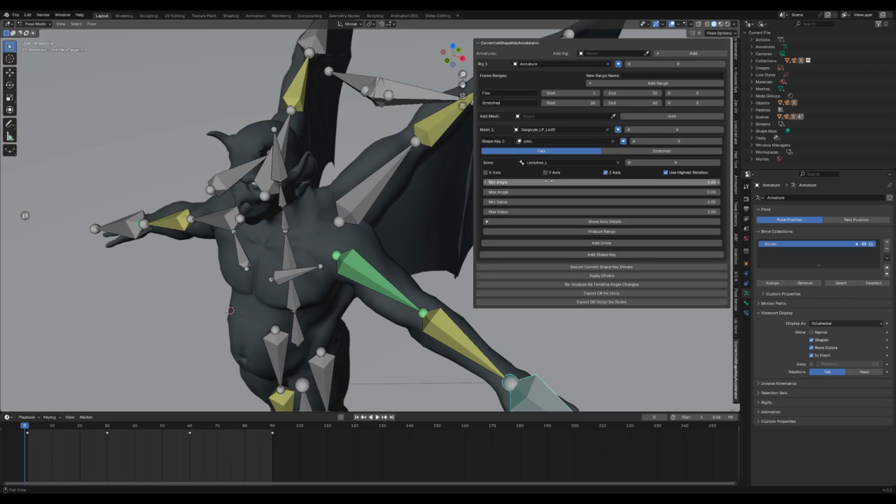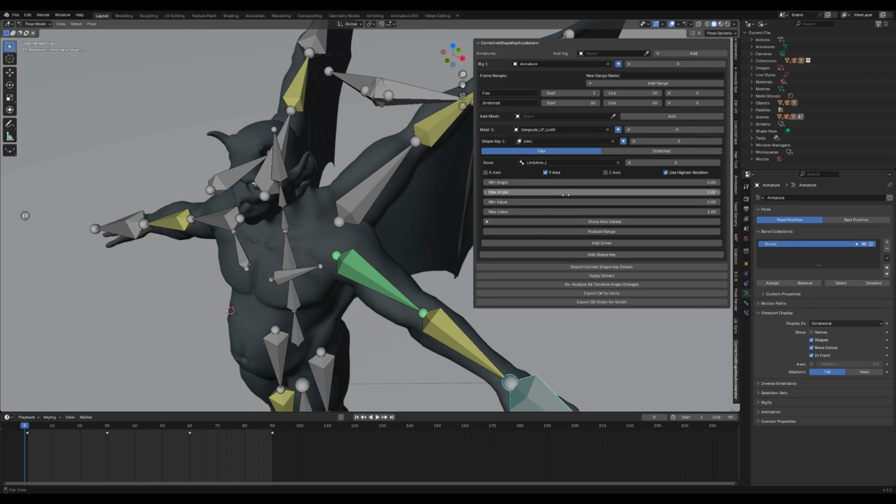arm bone. And here it'll either select the best axis if you have used highest rotation on, or you can choose to select your own axis yourself if you think you know better. So say if you wanted to use Y and then change the shape key over the course of this angle. So it would be 0 to whatever angle you want, either negative or positive. And depending on which direction your shape key goes, or your armature goes during that timeline, it'll be either positive or negative. And this add-on will compare the two angles, and whatever lerps between them the best, or linearly interpolates between them, or blends,